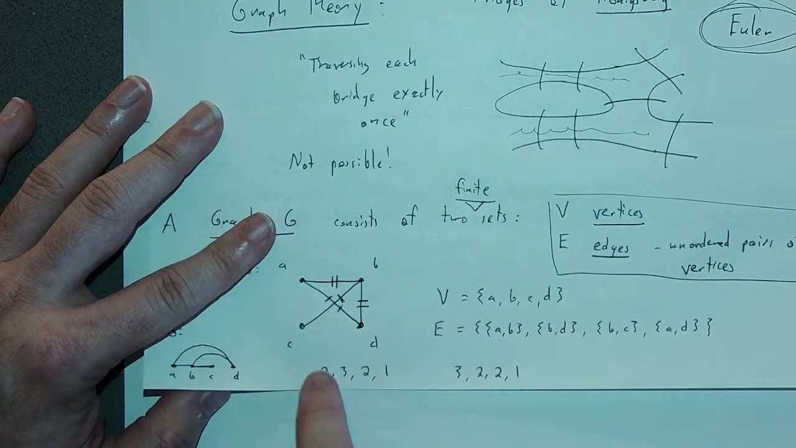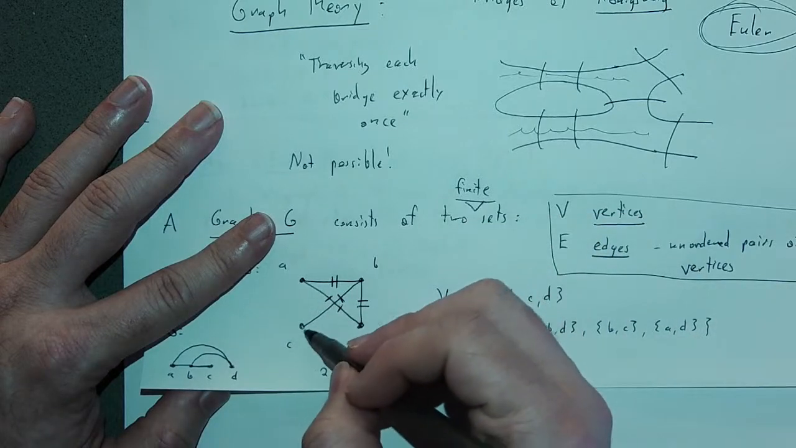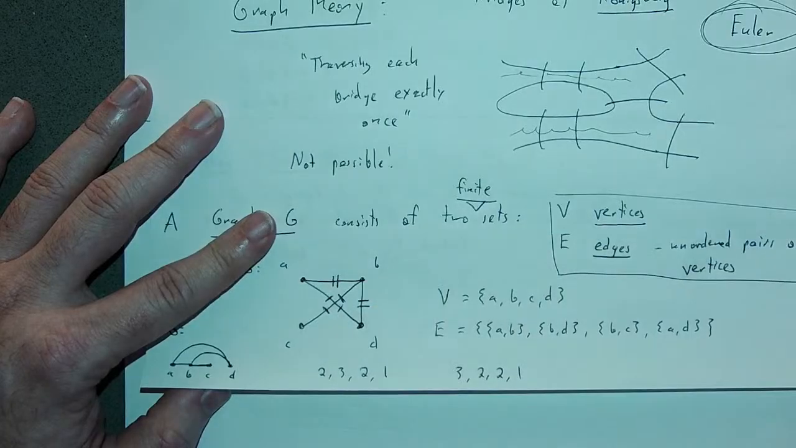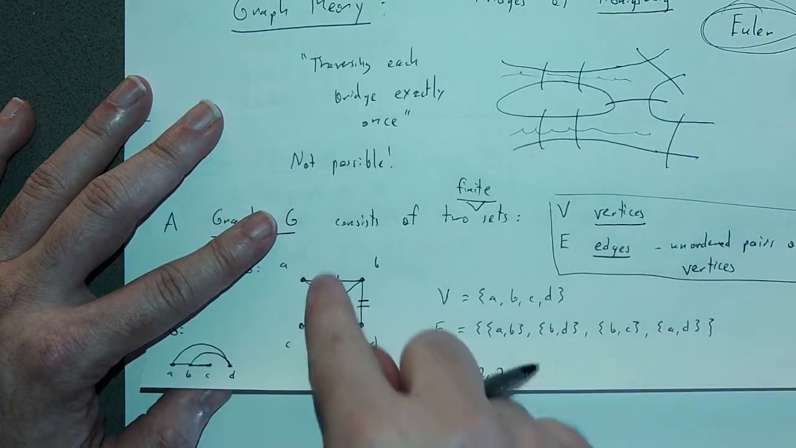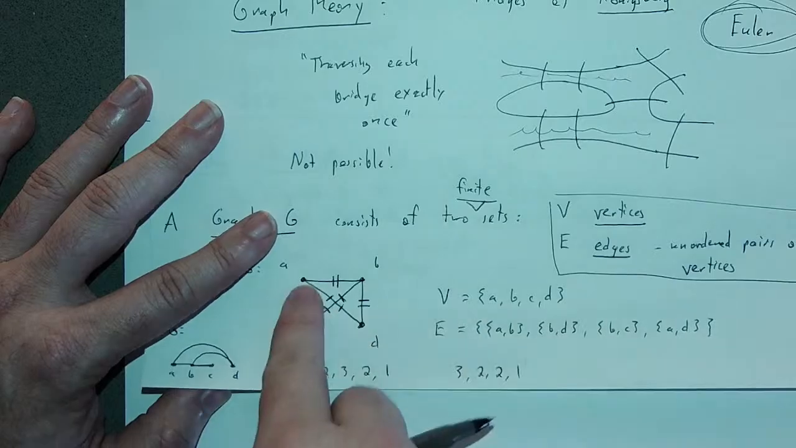So that's the sum 2 plus 3 plus 2. And then when I count the single edge that emanates from C, that completes everything I did here. Notice every single edge was counted exactly twice. It was counted when you counted the